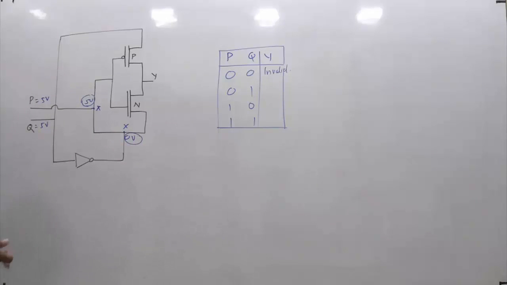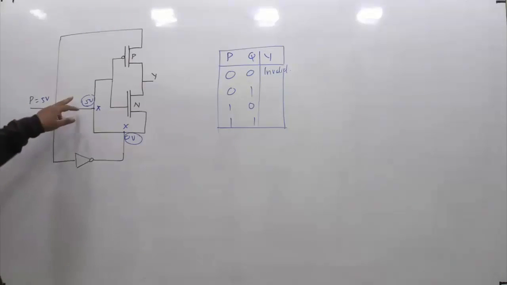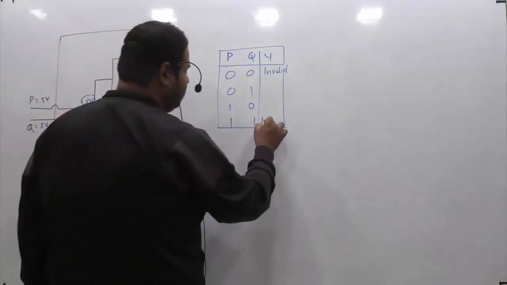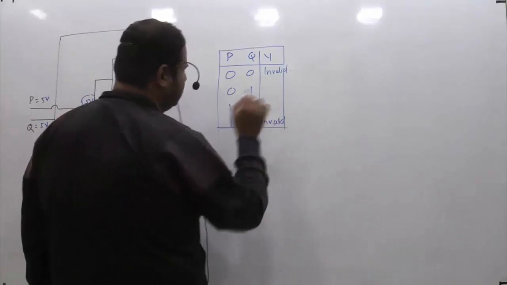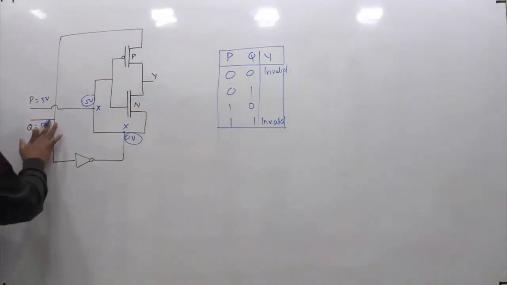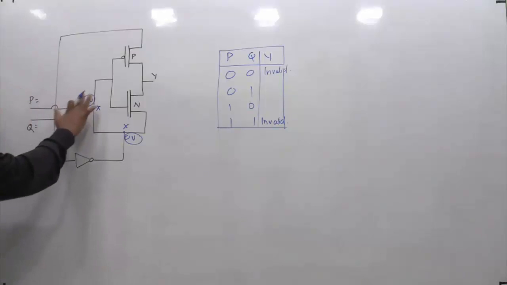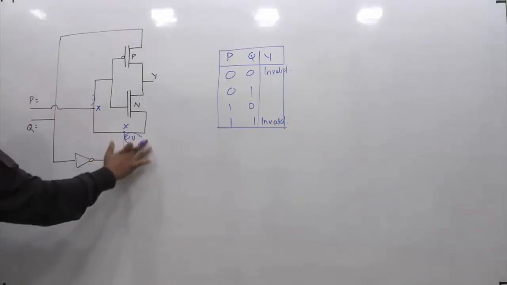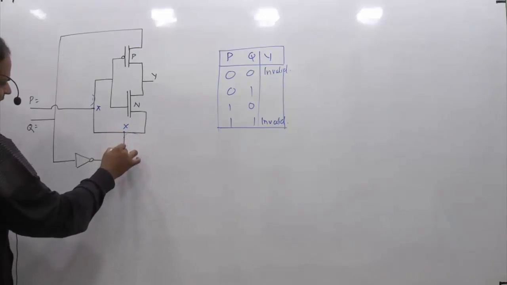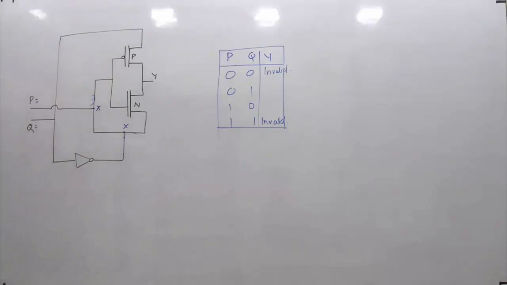Now see, we have the same situation again. If I give both 5, 5 or logic 1, we are getting X is 5, and we are getting X is 0. Just the opposite case of the previous one. So again we are getting two different voltages for a single node, which is invalid. Whenever P and Q take the same values, like 0, 0 or 1, 1, or in terms of voltage both 0 volts or both 5 volts, we get a contradiction because X is taking two different values simultaneously, which is not possible because a node can always have a unique voltage at any moment of time.